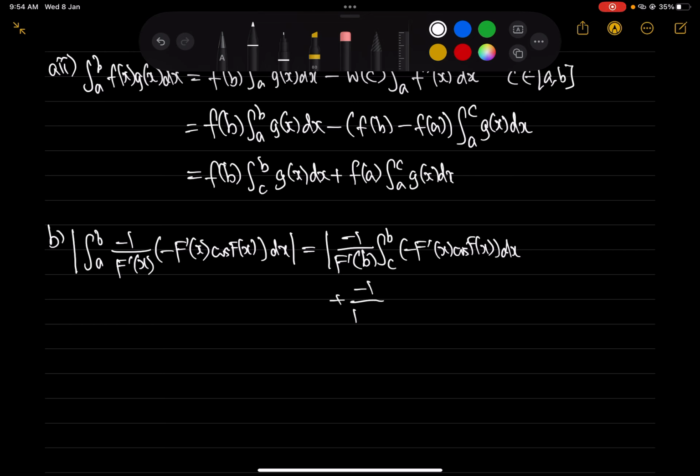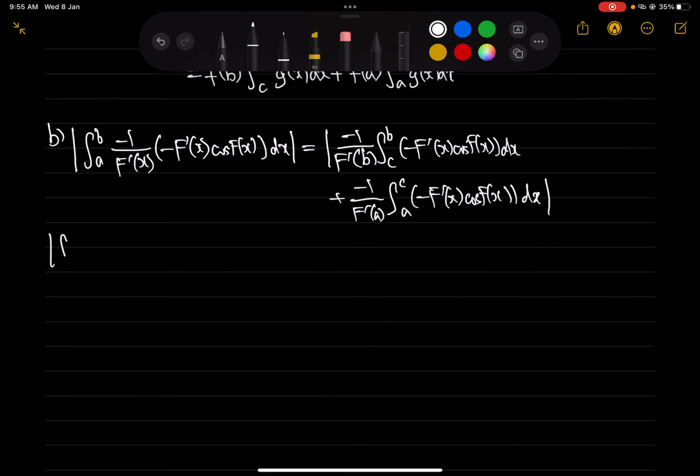Plus negative 1 over f prime of a from A to C of this thing dx, and absolute value, which means the absolute value from a to b of cosine fx dx is equal to the absolute value of 1 over f prime b of whatever. So now